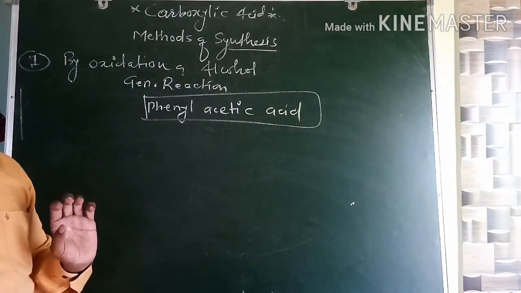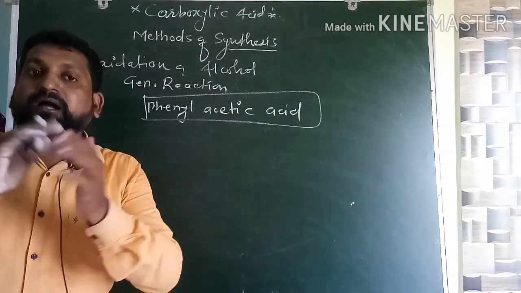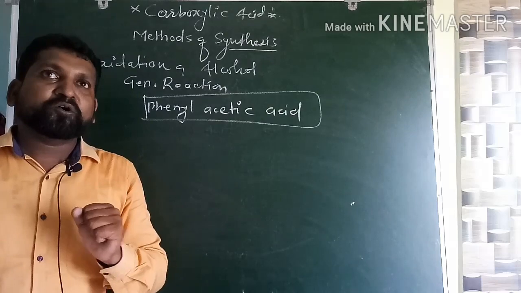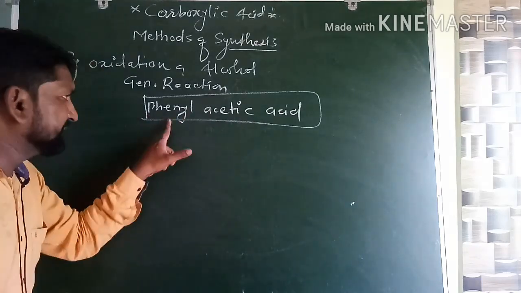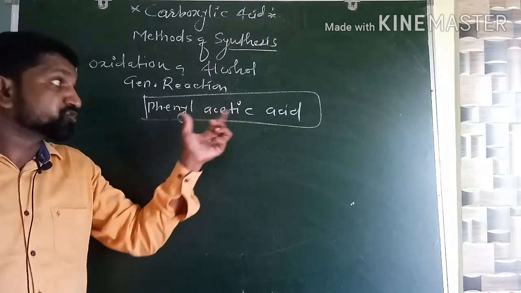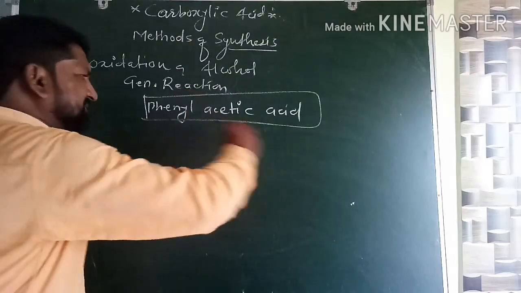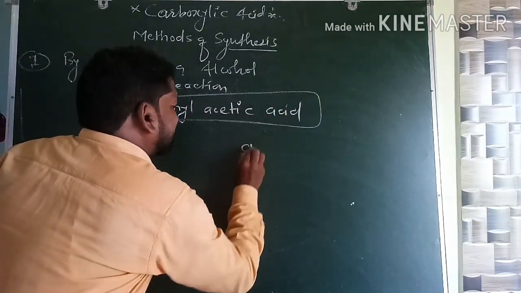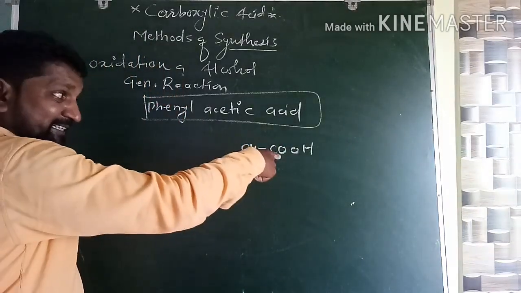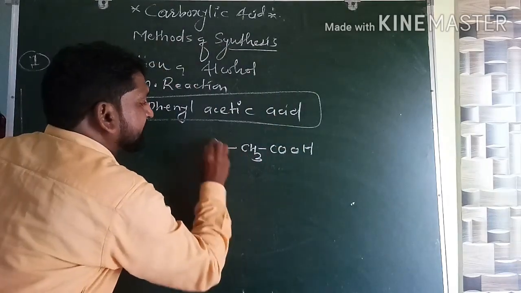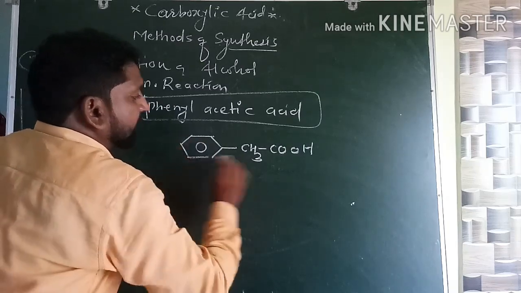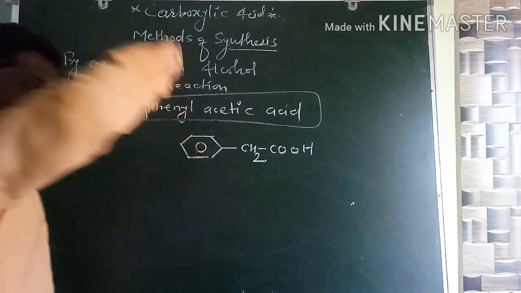First we will see how we prepare phenyl acetic acid from the alcohol. We know the product, phenyl acetic acid, but what can be the starting material? Listen here. First try to draw the structure of the product on rough paper. Let us write acetic acid, CH3COOH. It is acetic acid, not phenyl acetic acid. Therefore, here we add a phenyl group, removing one hydrogen, and it will become like this.